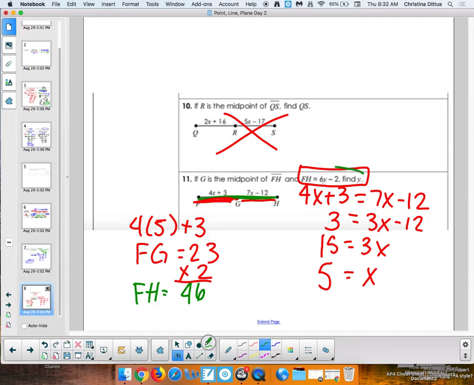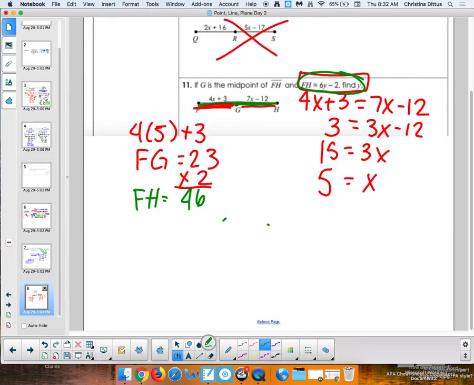Well, I have this little chunk that tells me FH, which I know is 46, has to be 6y minus 2. So what should I do with 46 and 6y minus 2? Make them equal. They're both FH, so they have to be equal. So 46 equals 6y minus 2. Add my 2 to get 48. 48 divided by 6 is